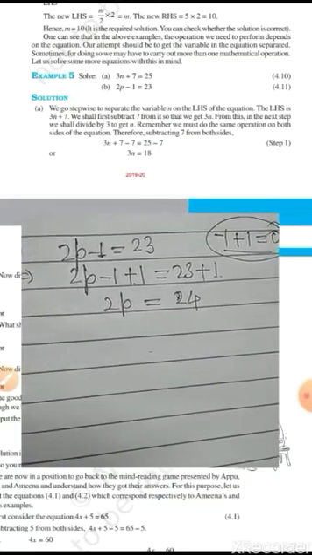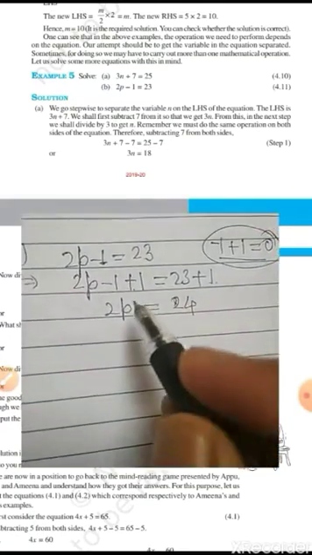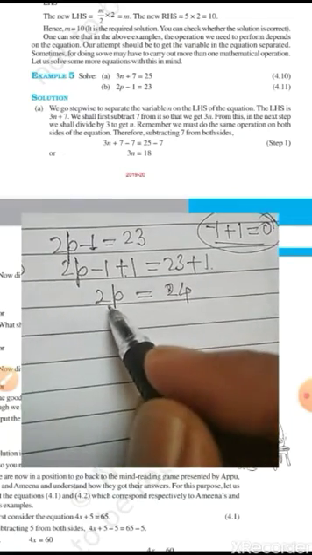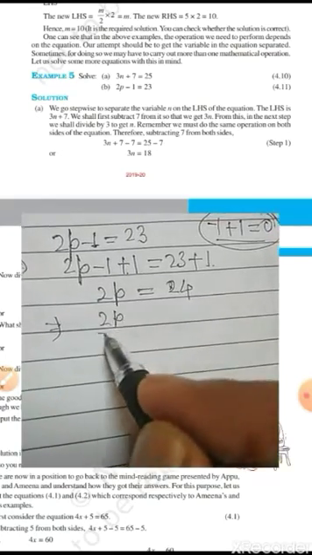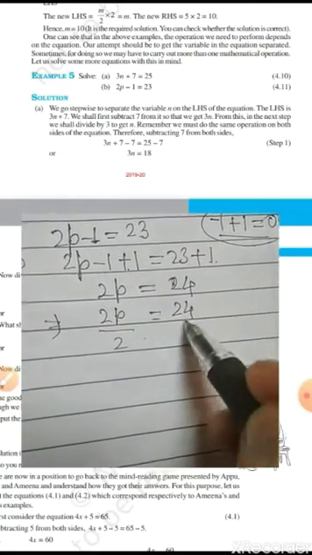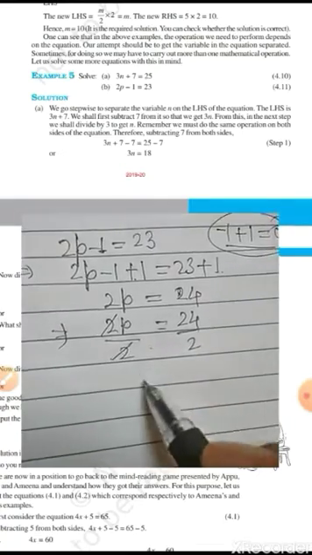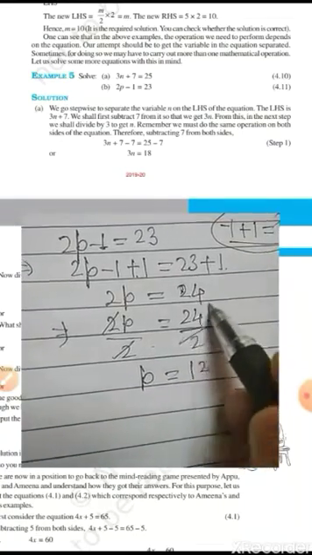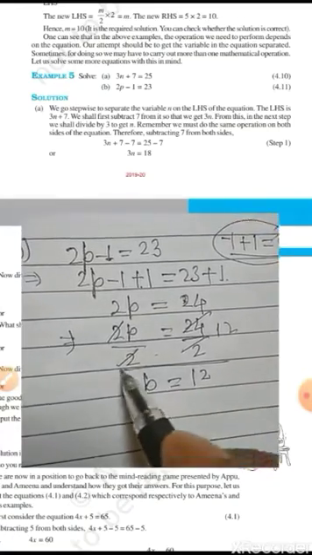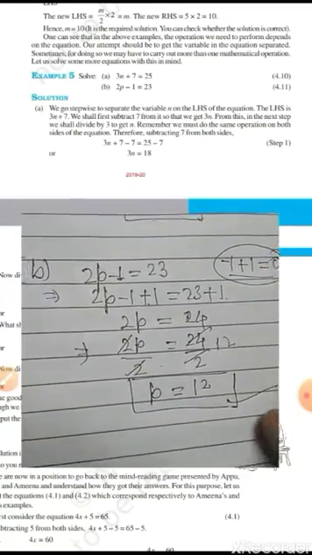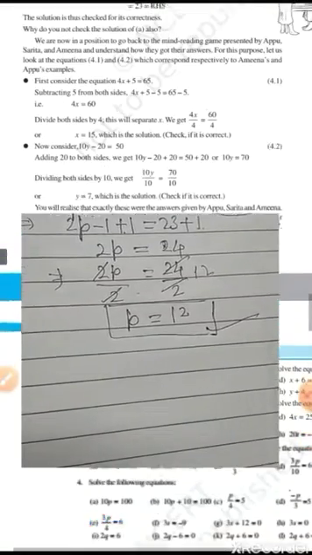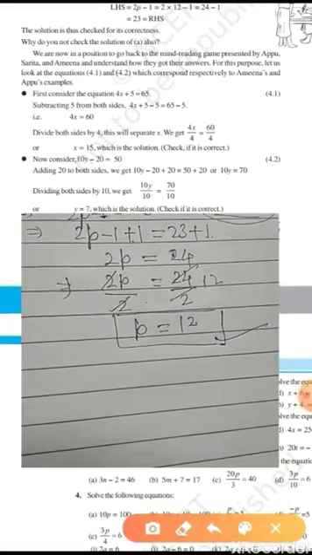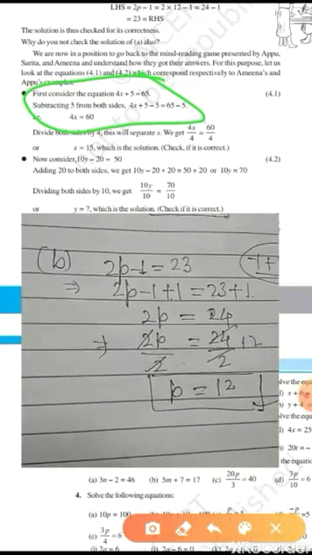24। ओके, 2p इक्वल टू 24। अब हमें क्या करना है, 2 यहाँ मल्टीप्लाई में है, अगर हम लोग इस दोनों साइड को 2 से डिवाइड कर दें तो केवल p मिलेगा। सो 2p अपॉन 2 इक्वल टू 24 अपॉन 2। सो कैंसिल इट, p इक्वल टू 12। So p equal to 12 is the solution of this. Okay, now solve this equation.